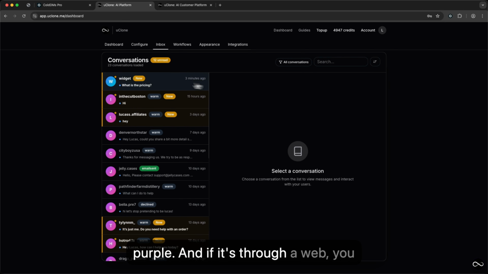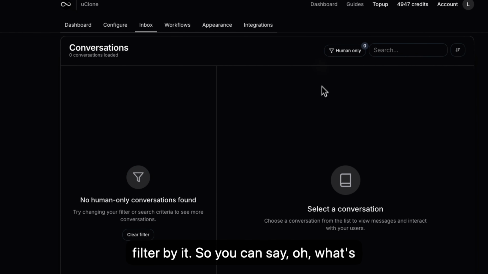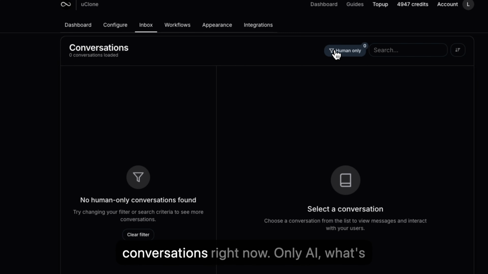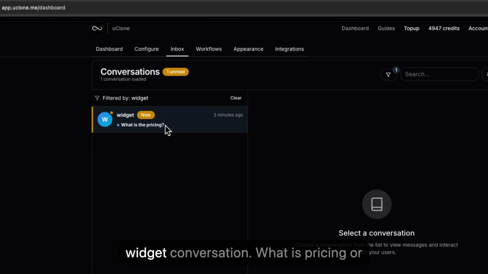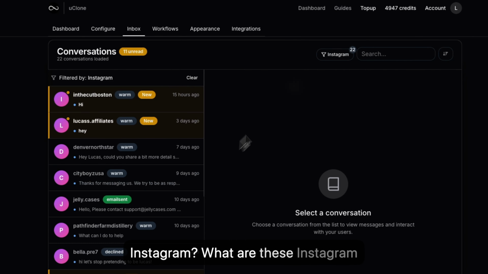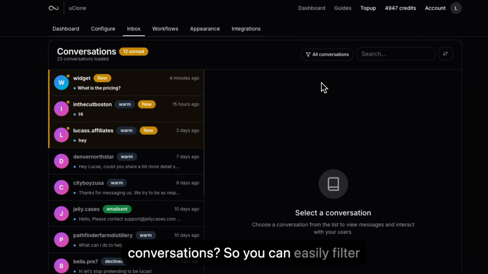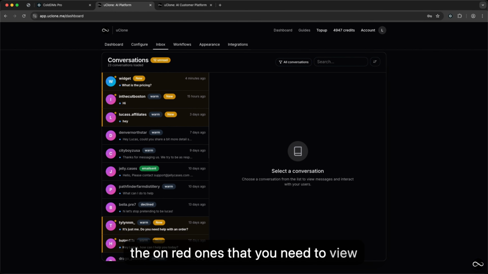But if it's through a web, you can easily see a new conversation and filter by it. So you can say, oh, what's human only? I have no human only conversations right now. Only AI. What's a widget conversation? Oh, here's my widget conversation. What is pricing? Or Instagram. What are these Instagram conversations? So you can easily filter these conversations and also see all of the unread ones that you need to view,